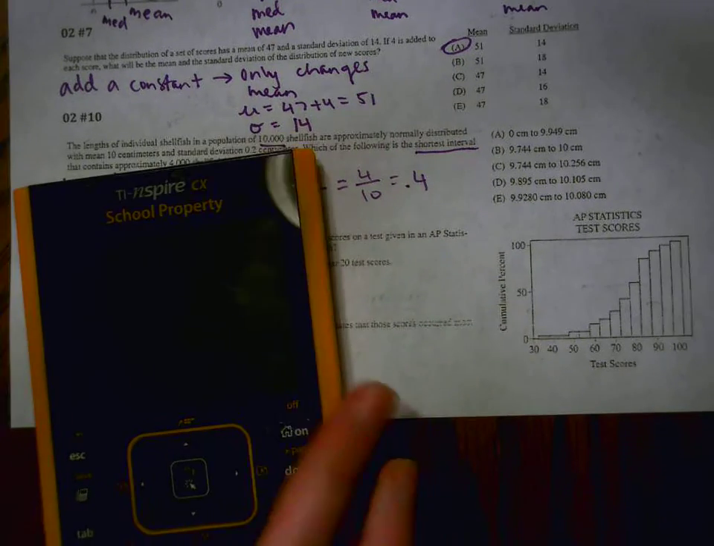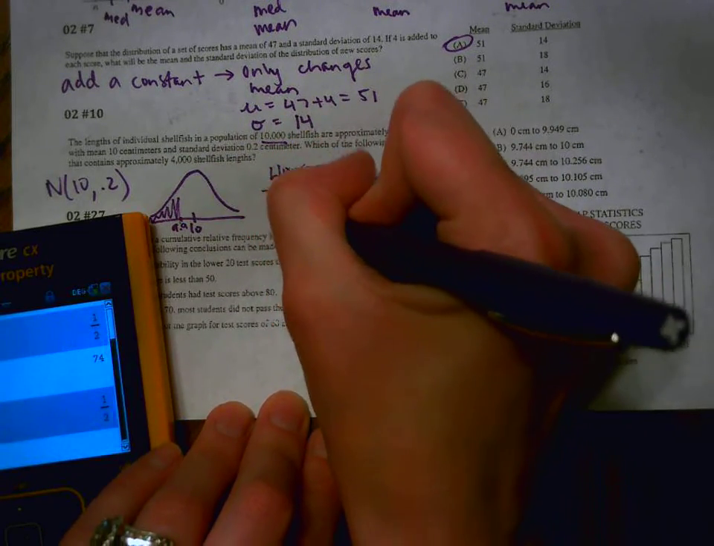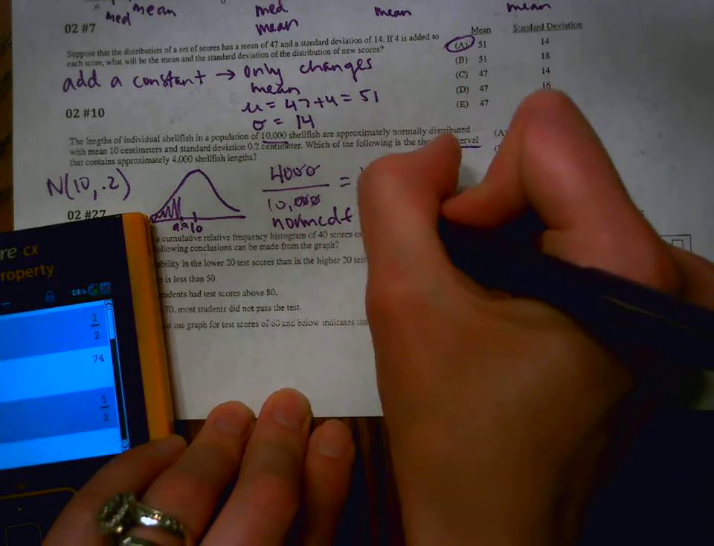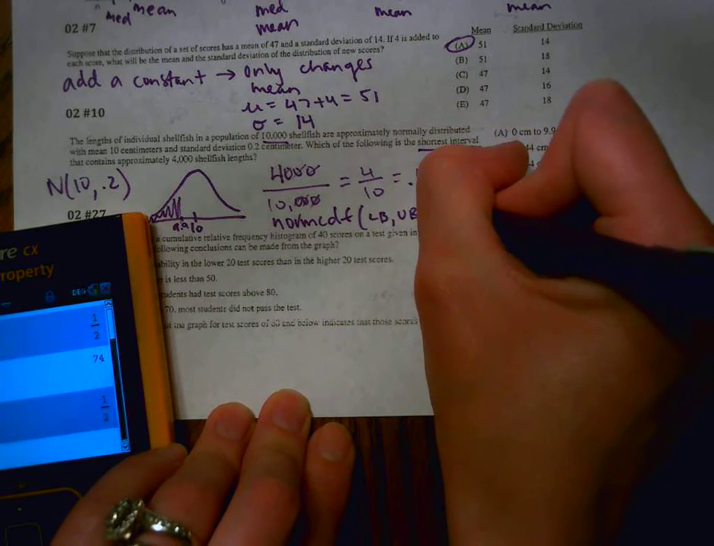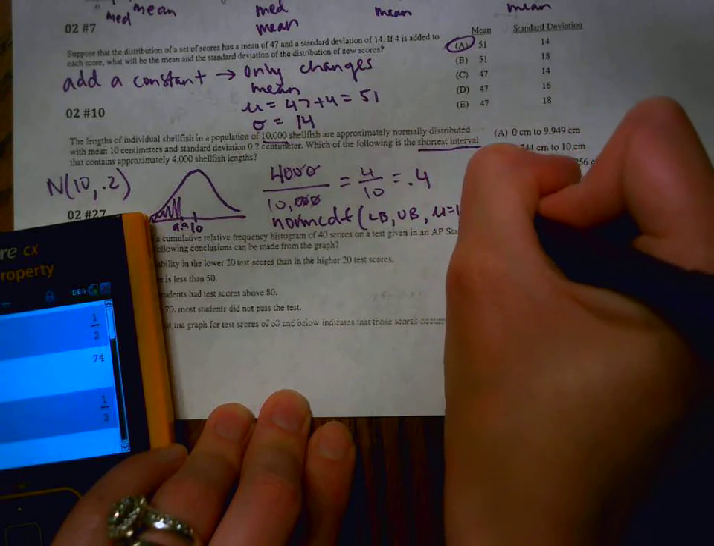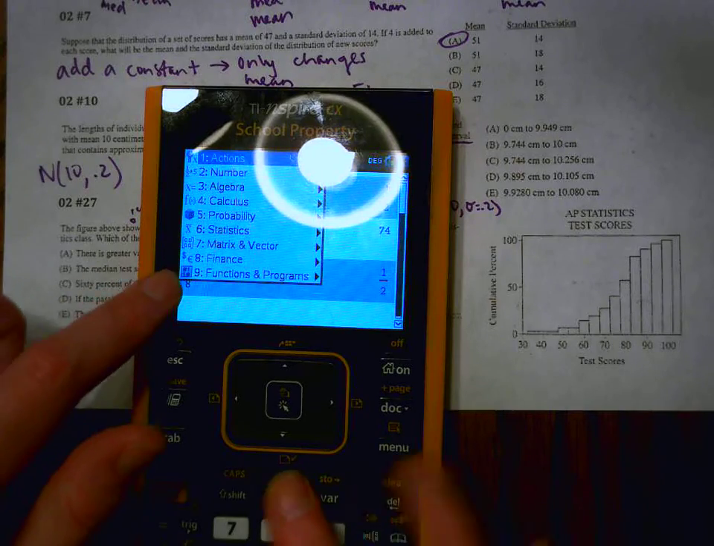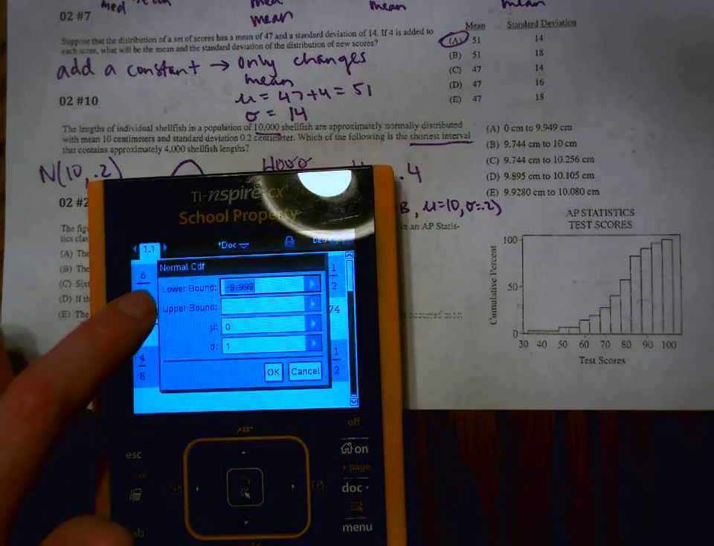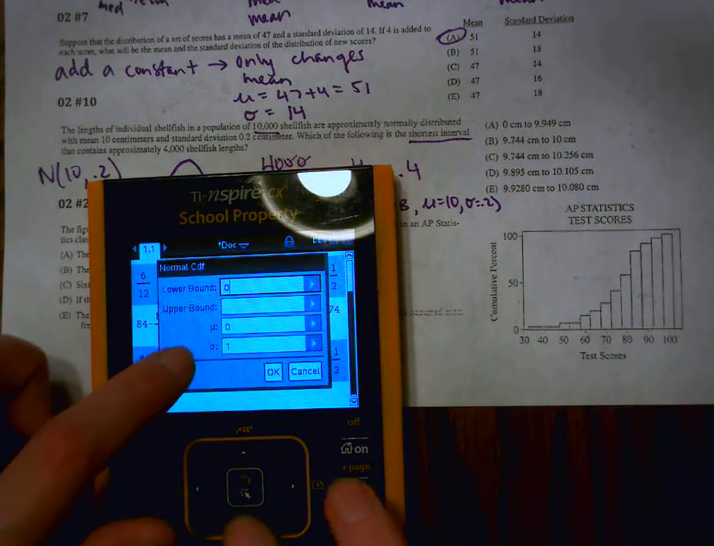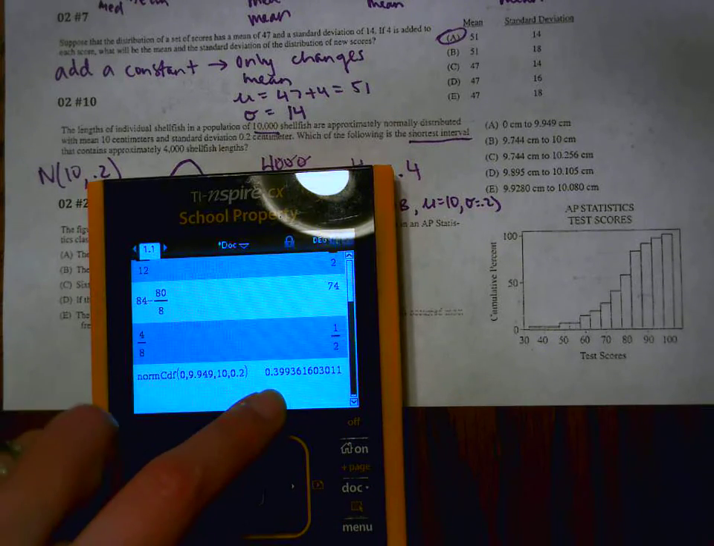So if you just started at A, I'll write down my work: normal CDF, and you're going to pick your lower bound, upper bound, using your answer choices, your mean of 10 and your standard deviation of 0.2. I'll show you the fastest way to test all these: do the first one. You go to menu, statistics, distributions, normal CDF, which is 2, and for my first interval I would pick 0, my lower bound 9.949, my mean is 10, and my standard deviation is 0.2, and that is